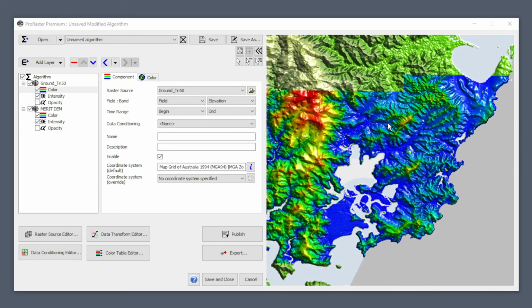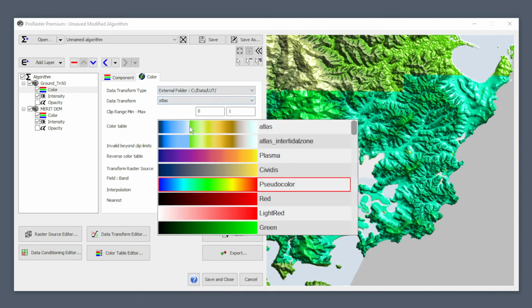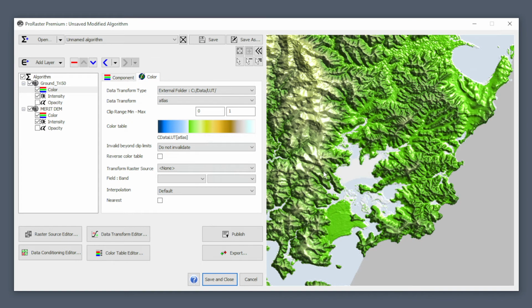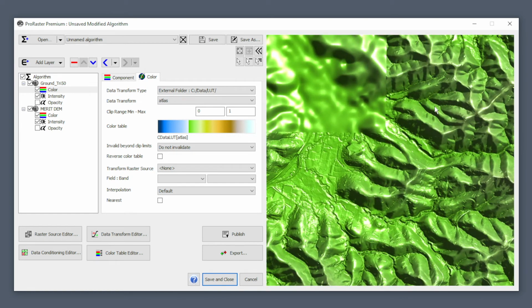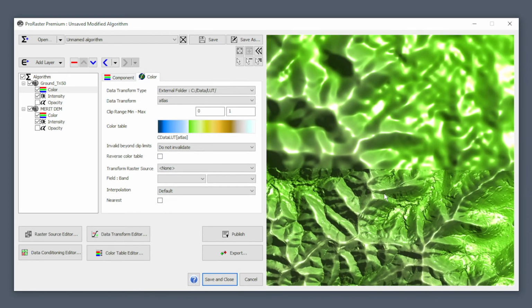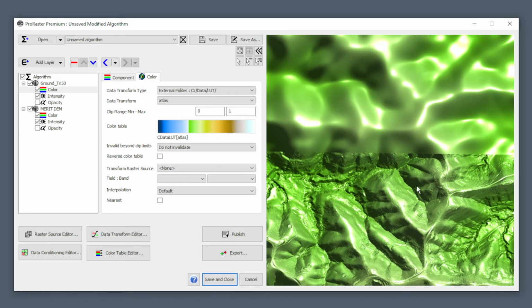So there it is. It's using a different color scheme. So let's fix that. Go into color, choose the external folder. I'm going to want that Atlas color table. Okay, so if we come up here, let's have a look at a couple of different things. So firstly, so here's the boundary between our high resolution and lower resolution data. And firstly, looking at